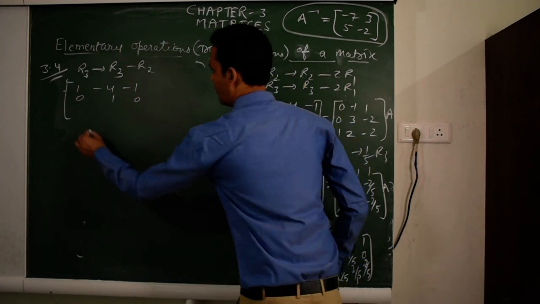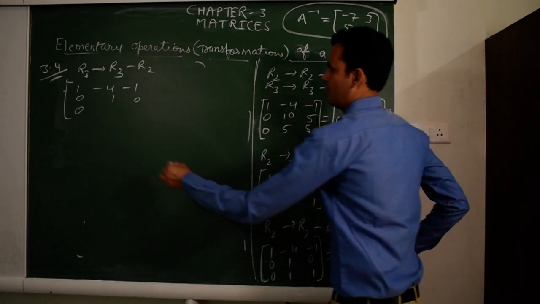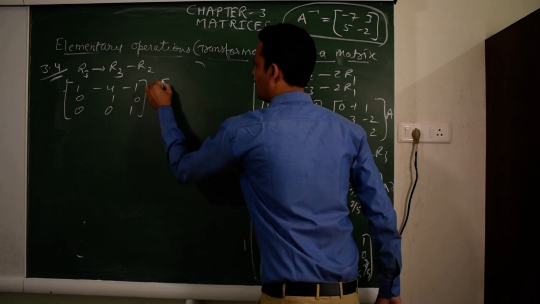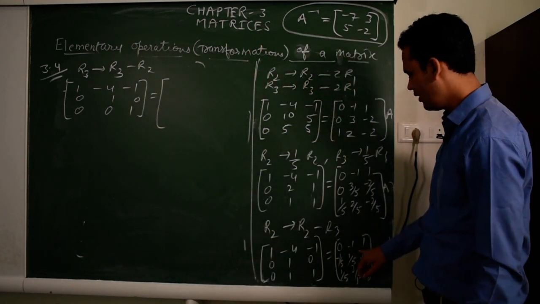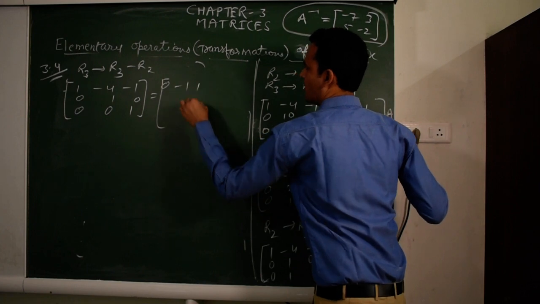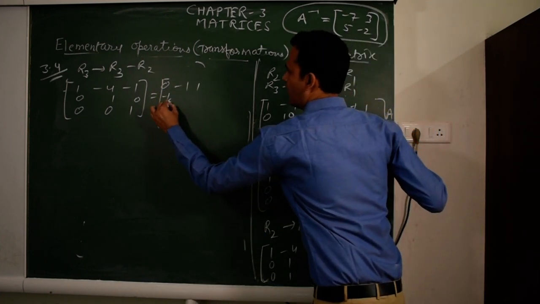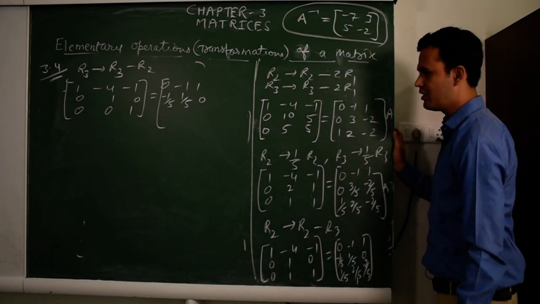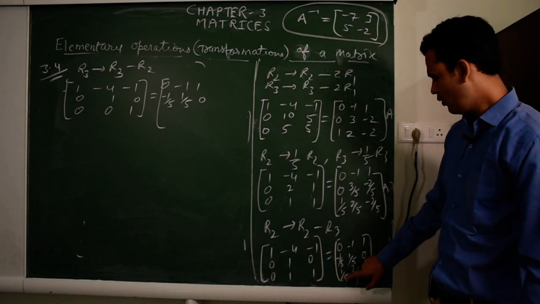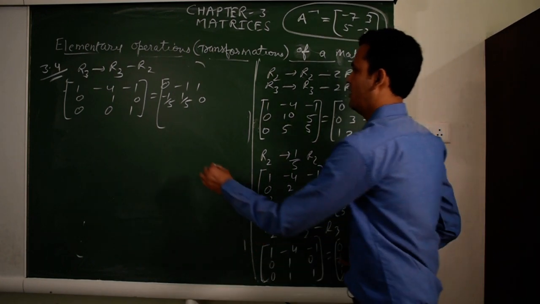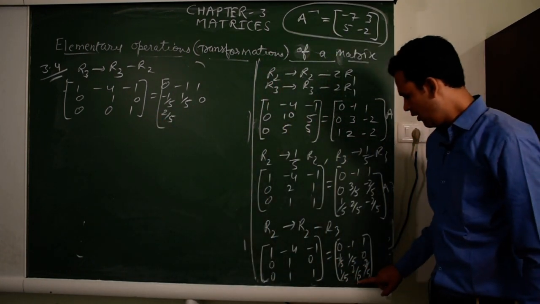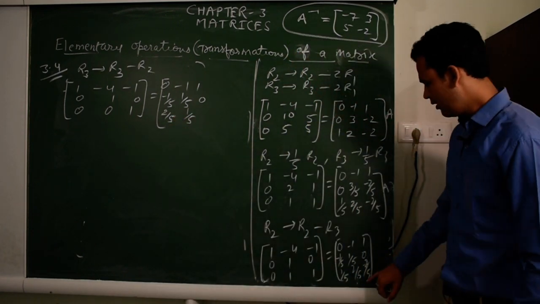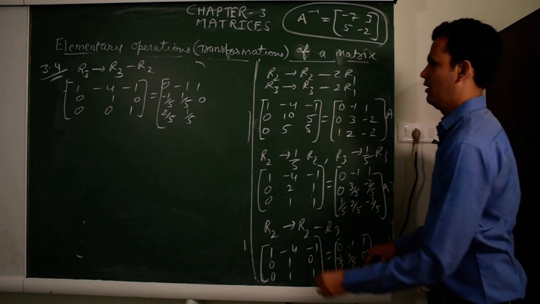Change in R3, 0, 1 minus 1 is 0 and 1 minus 0 is 1 equals to change in R3. So R1 is as it is, 0 minus 1 1, minus 1 by 5 1 by 5 and 0, and change in this R3. So 1 by 5 plus 1 by 5, it's 2 by 5. 2 by 5 minus 1 by 5 is 1 by 5, and minus 2 by 5 as it is,